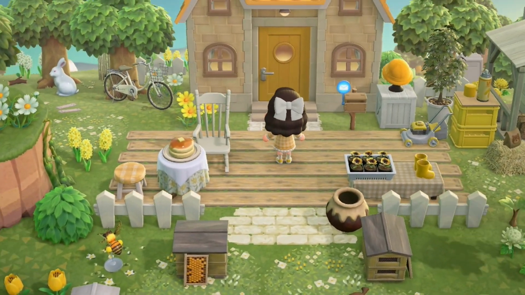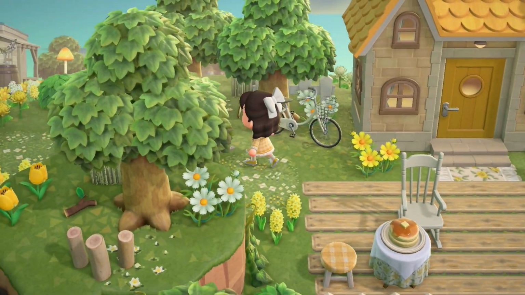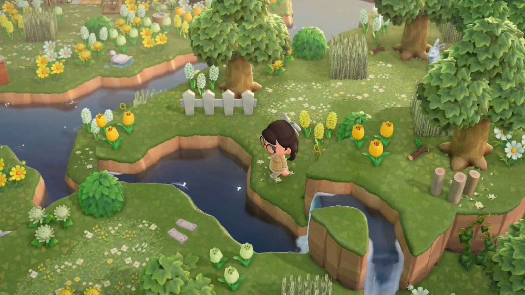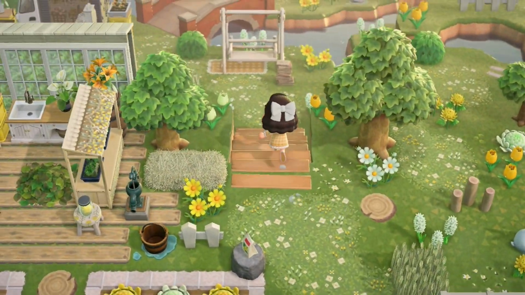I really like the colors on the house. That vibrant yellow is so pretty. It's almost mustardy, but not quite, like golden. And then there's no way out there, so you kind of have to loop back round. And we can go down here, which